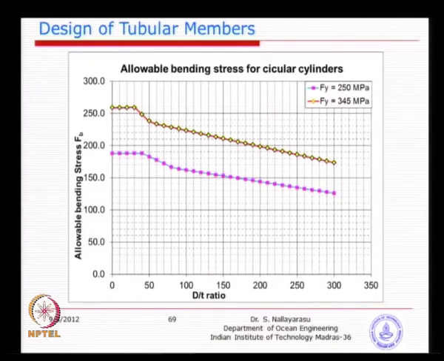The same thing is plotted here in terms of d by t ratio. You can see this is 0.75 times fy, then the first reduction and second reduction, as the d by t ratio keeps on increasing, for 2 different steels, mild steel and high strength steel. Most of the time we do not permit d by t ratio beyond 60. For offshore structures, we keep the d by t ratios less than 60 as mandatory by API, because with larger diameter and smaller wall thickness, you may actually be governed by local buckling, which is no good. So, that is why we keep the d by t ratios less than 60.